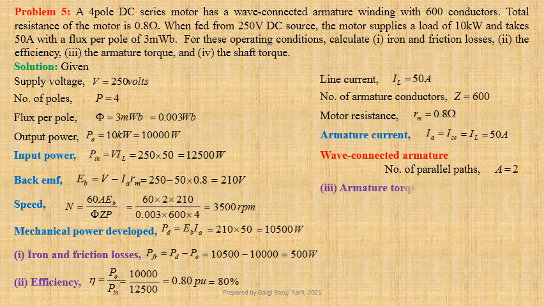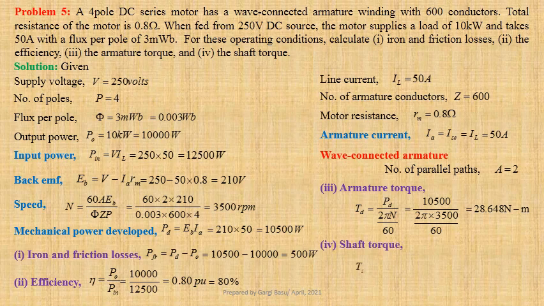Expression for armature torque TD equals PD divided by 2 pi N by 60, that is equal to 10,500 divided by 2 pi into 3,500 by 60, that gives us 28.648 Newton meter. Shaft torque TSH equals PO divided by 2 pi N by 60, that is equal to 10,000 divided by 2 pi into 3,500 by 60, that gives us